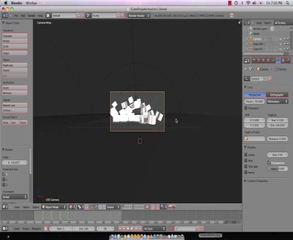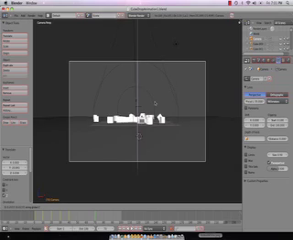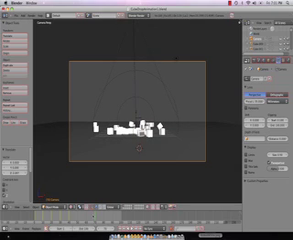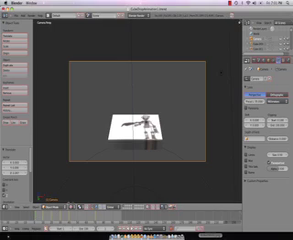Alright. Now right here, frame 40. We'll leave it there, then up to frame 50, 60, 70. We'll back it away. G, Z. And move it up. So when we animate it now,